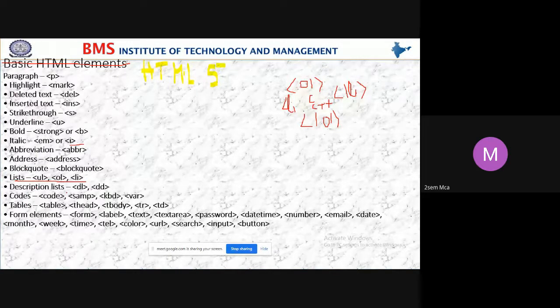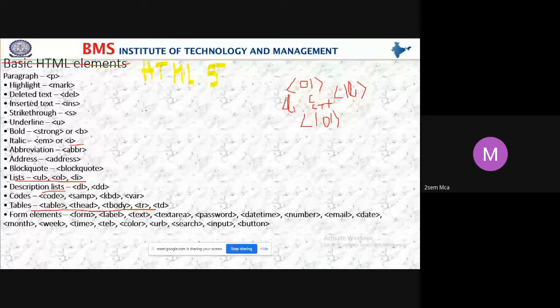And the description list. To give some description, we use DL and DD. Quotes. To display code, we use code, SAMP, KBD, and VAR. And this is also a most commonly used tag, that is the table tag.